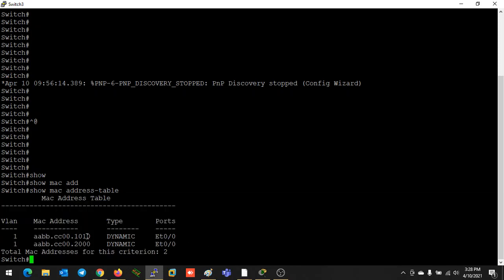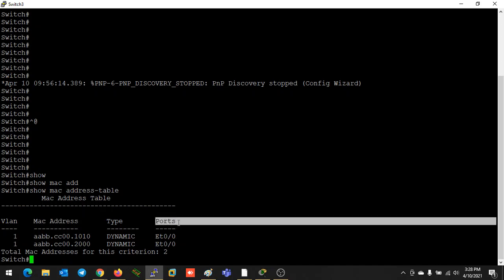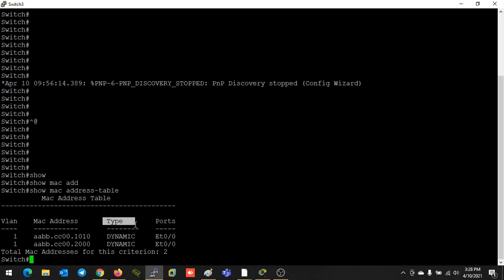So what kind of fields will be there in this MAC address table? The MAC address will be there, then on which port the MAC address has been learned, the port number will be there, and how the MAC address has been learned. In two ways the MAC address entry can be made: one is statically, one is automatically or dynamically. Here it's automatically learned, so it's showing dynamic, and the port is part of which VLAN, or for which VLAN the MAC address has been learned. That information it's showing. Initially it's just showing Ethernet 0/0.